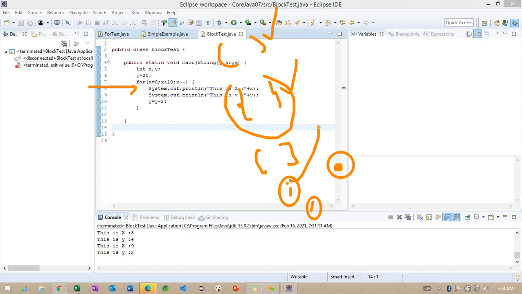If we miss the semicolon, we get a compilation error here. We will see that as well, but make sure you understand this main important concept whenever you are trying to develop any application. Okay, so these are simple examples. Now we'll go for data types, because in the basic example we used the int data type. So how exactly this data type works and why we need to use it, we are going to see.